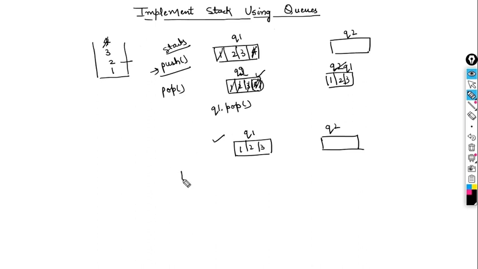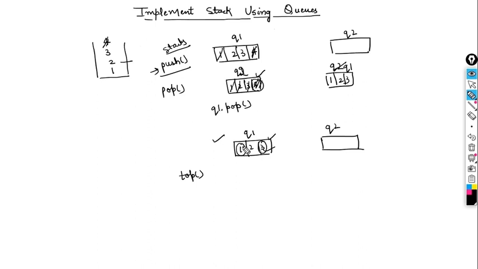Okay, now say I want to return the top element. So how can I do that? Basically no element should be deleted, but 3 must be returned. But in case of queue, what happens? 1 should be returned, like in case of queues, but in case of stack we have to return 3. As we are implementing stack here, our output should be 3 itself, right? So how can we solve that?